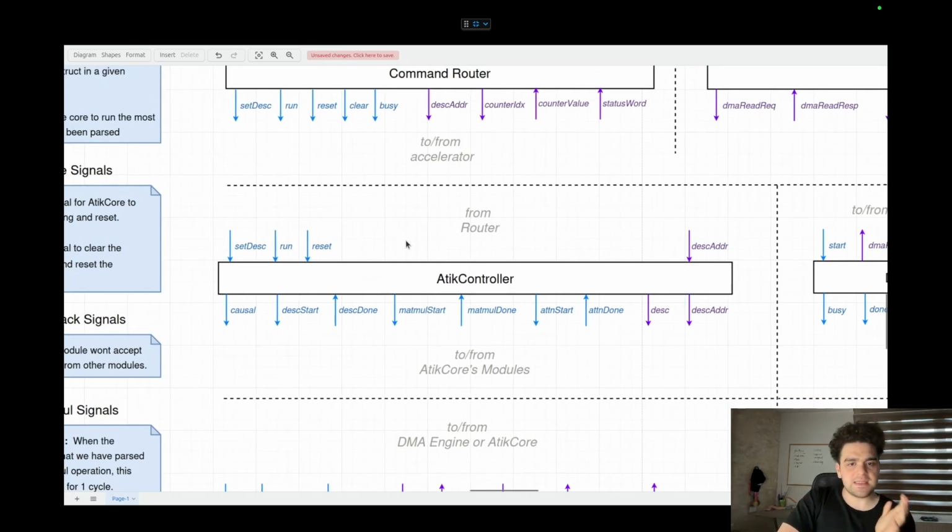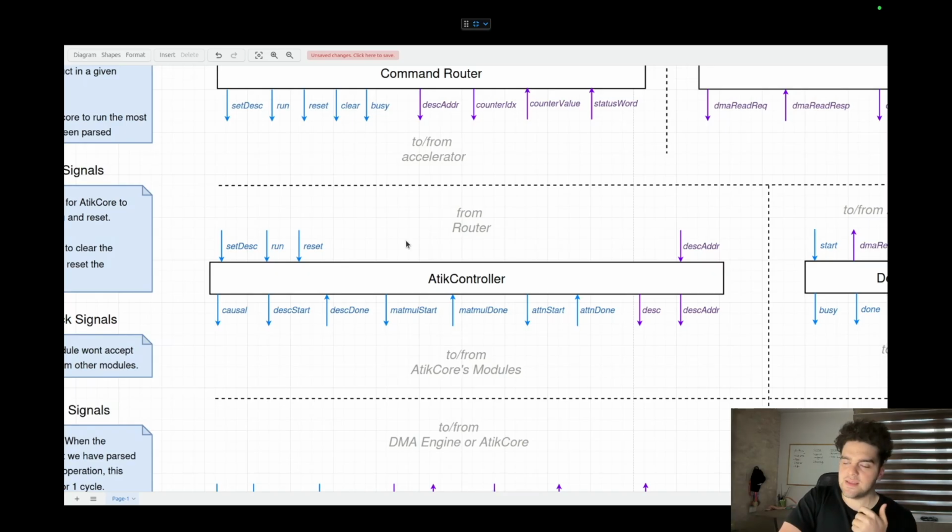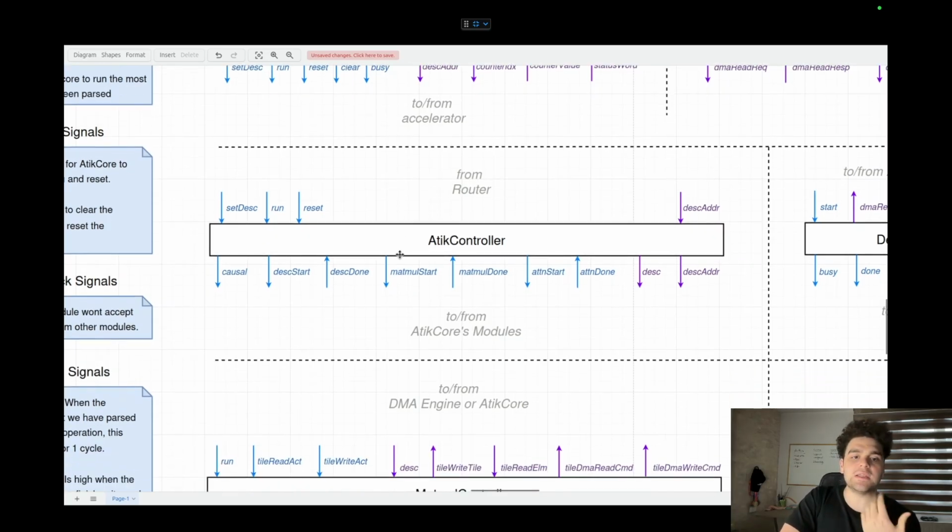It will receive these signals, and depending on the signals it receives from the command router, it will tell the matmul to start, or it will tell the attention to start. And after we have computed, the matmul engine will tell us the matmul is done. And now we can start thinking about how this whole big state machine is shaping